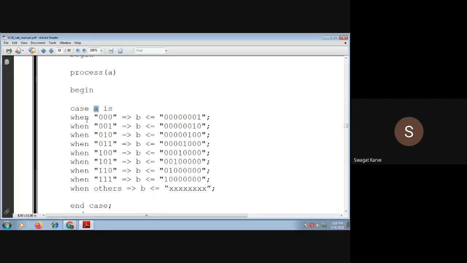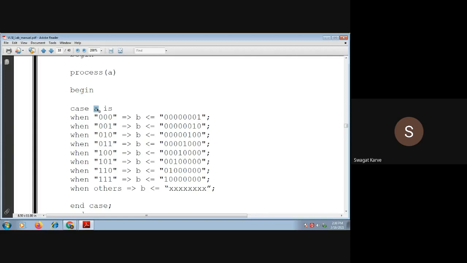That's why whatever you write here will be considered for this A only. So when 000, but whose 000? A's. When 001, but whose value is it? A's value.